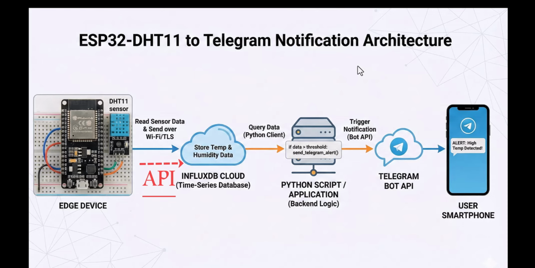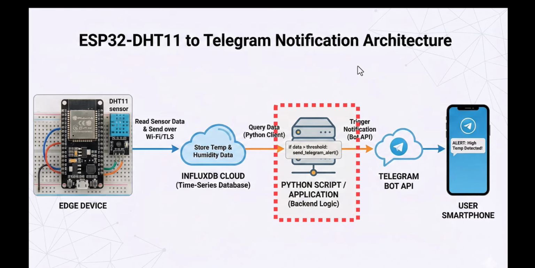So we already defined the ESP32 and the API of InfluxDB, and it will push this information to InfluxDB as time series data. ESP32 is also connected to the internet through Wi-Fi, so definitely it can push to the cloud. Then we have another server, which is the Python script, and this Python script is currently used